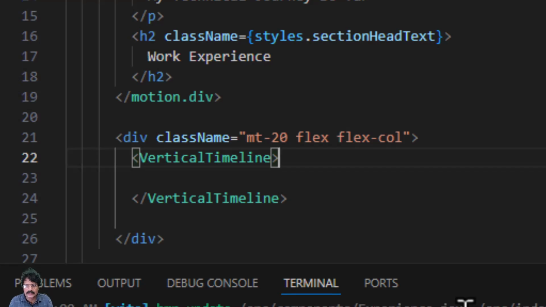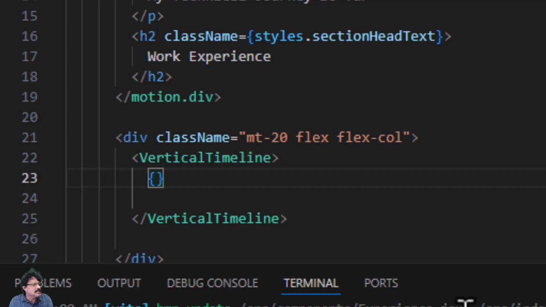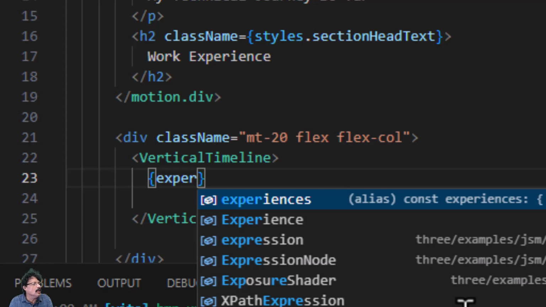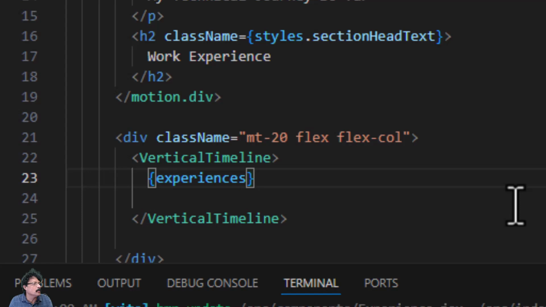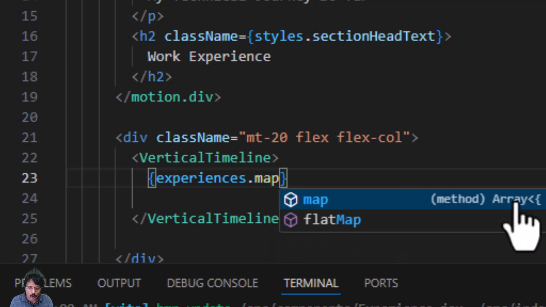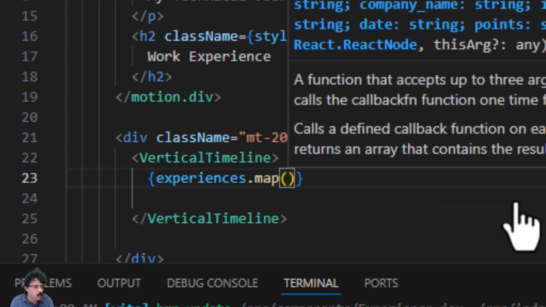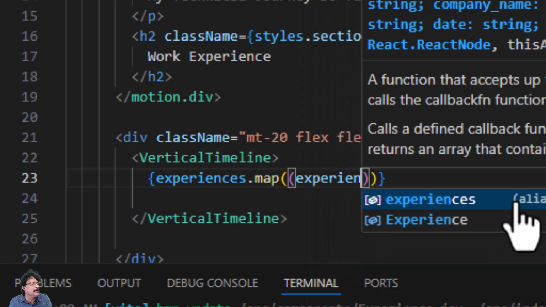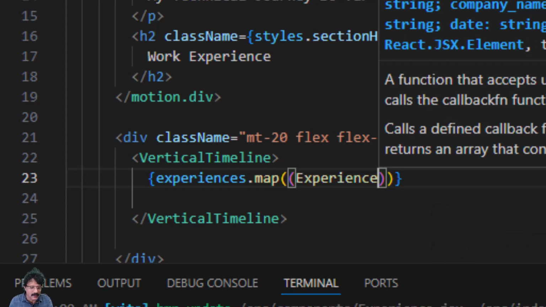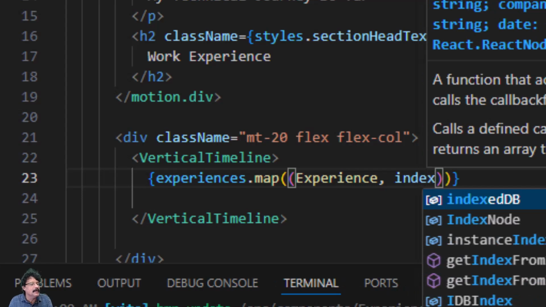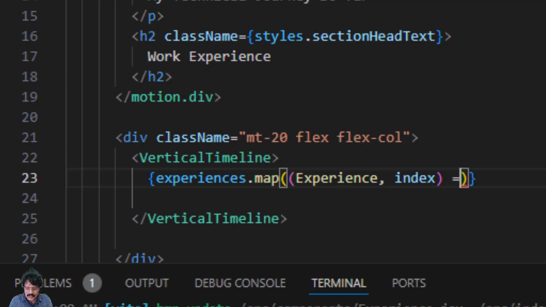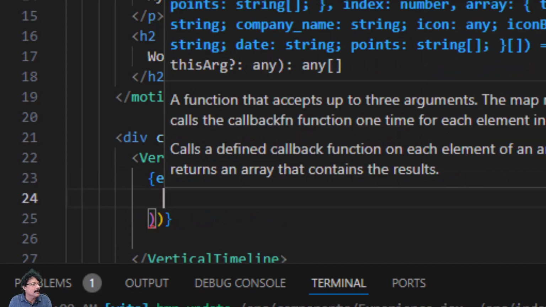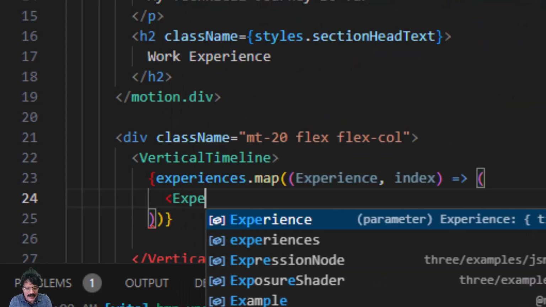And now inside this vertical timeline, in flower bracket, the same concept we are going to use like the last time. I am going to call this not just experience, it is experiences. I have to call this component and map this component within open close regular brackets. I am going to add one more open close parenthesis, and inside this I am going to add the parameter. One parameter is the experience, and the second parameter I am going to add here is comma and index. I will add equals and greater than sign, and again this function is defined by regular parenthesis, not the flower bracket, and press enter. And now for every component that is called here, I am going to call an experience card,